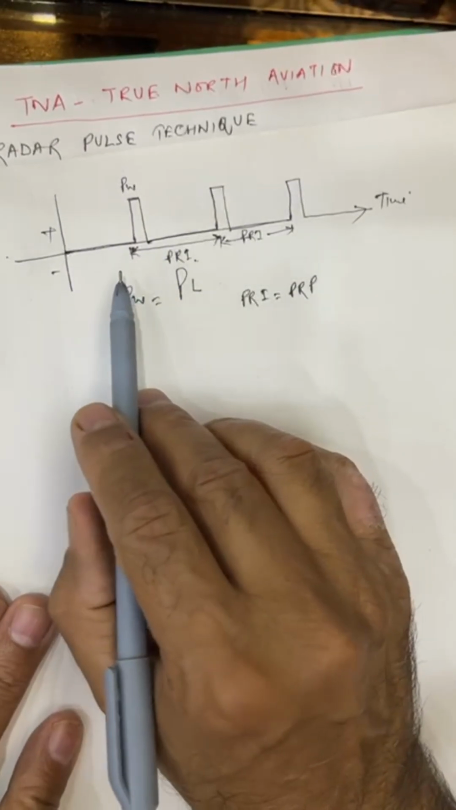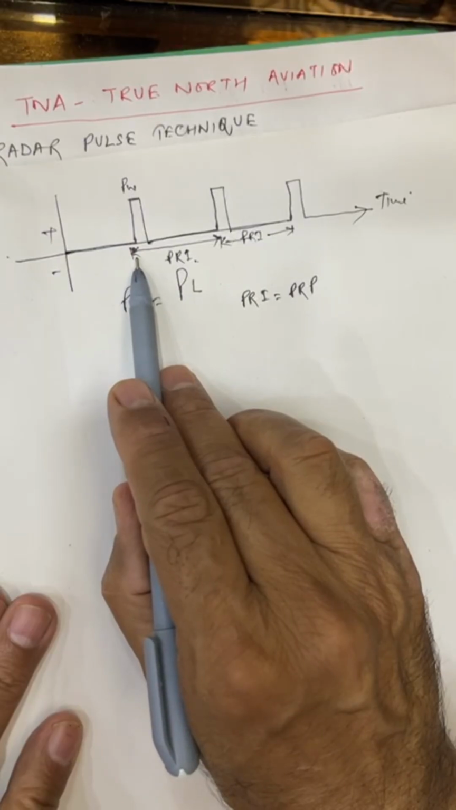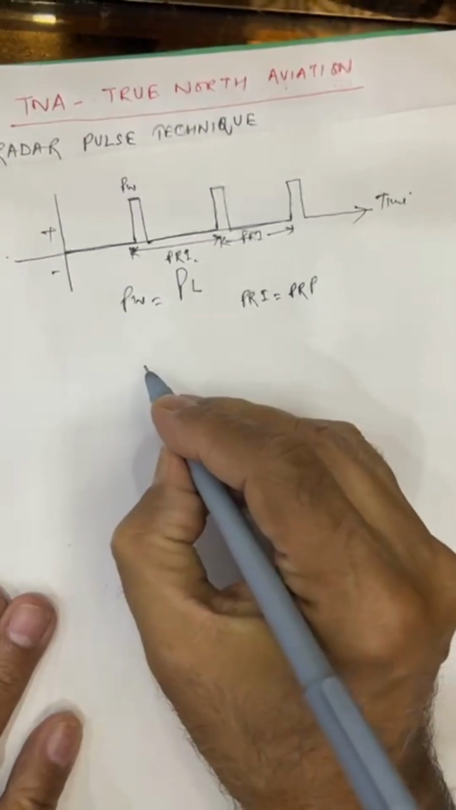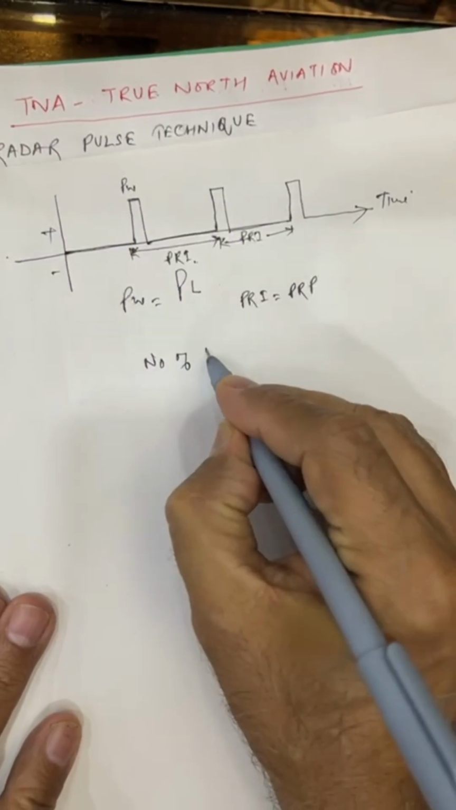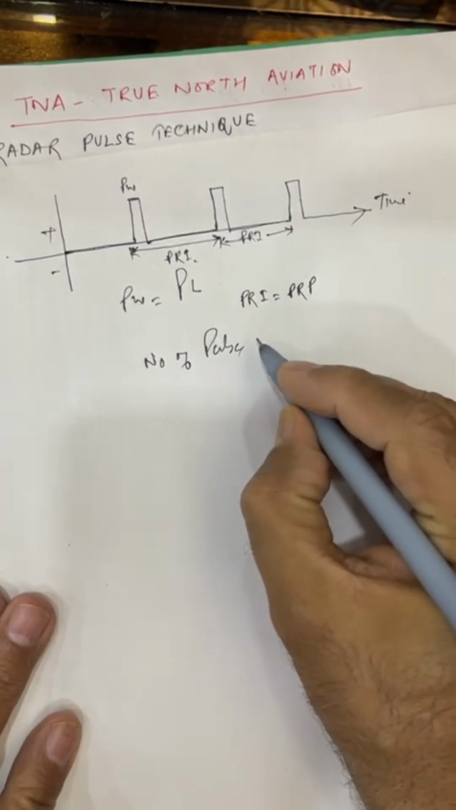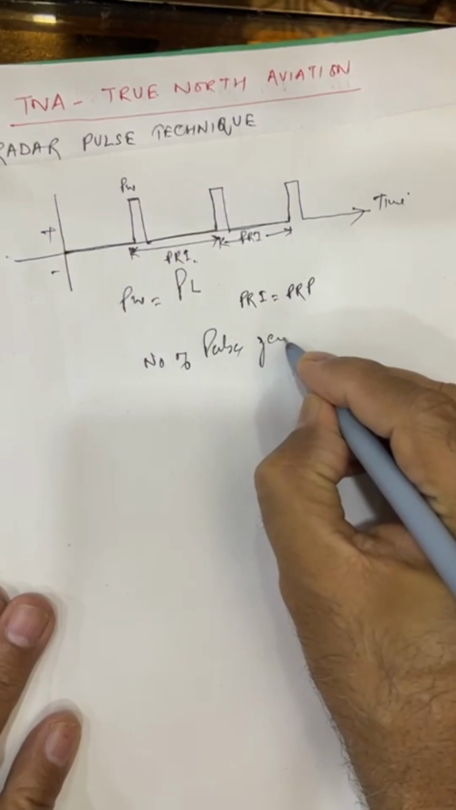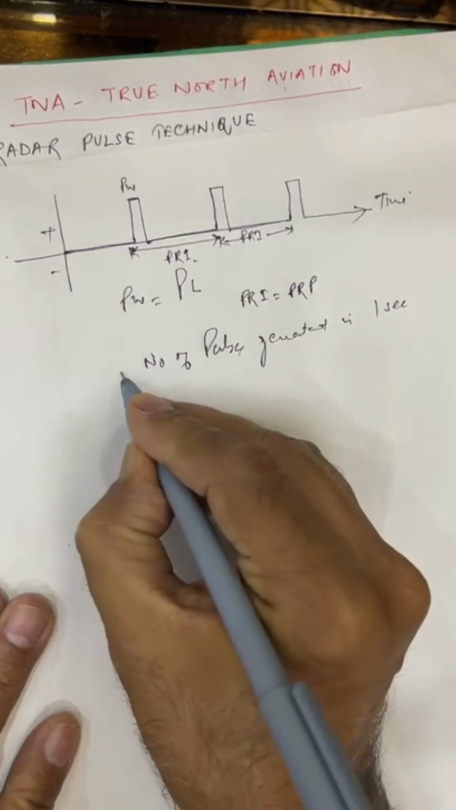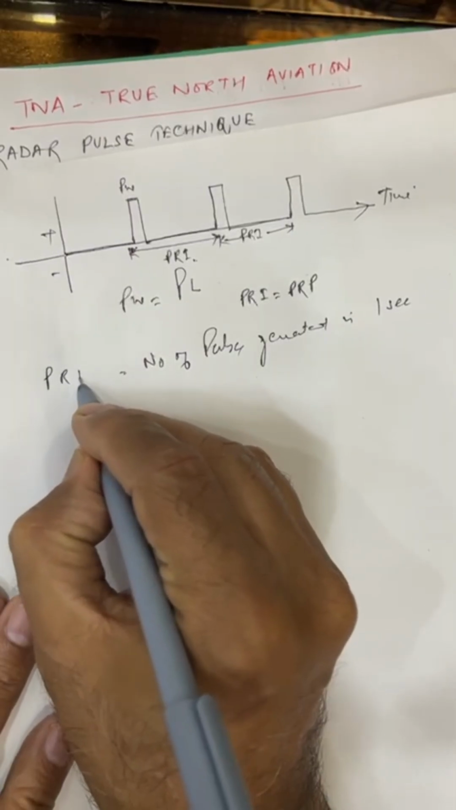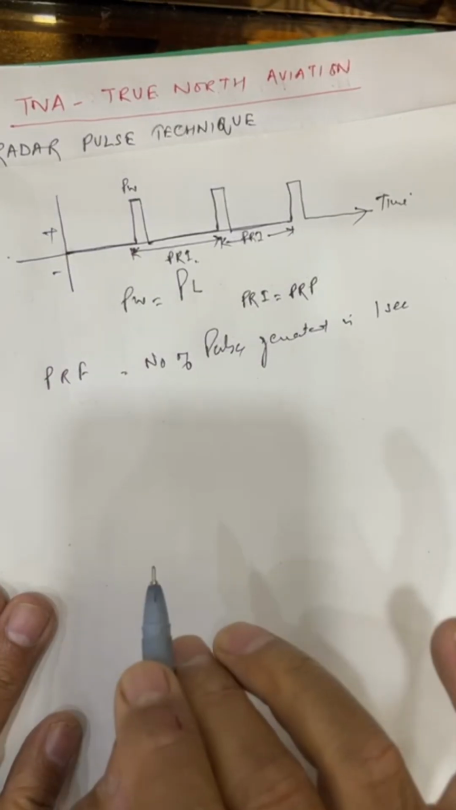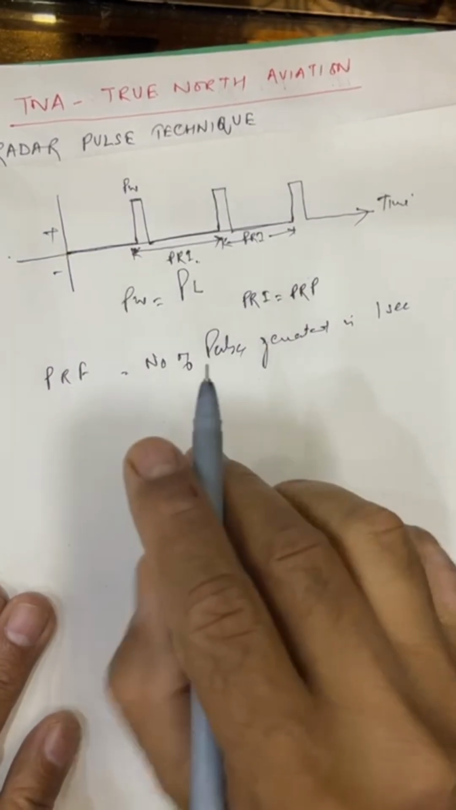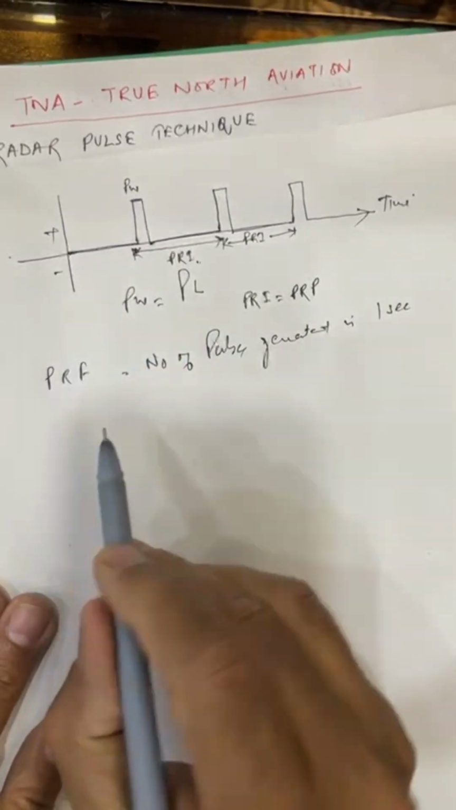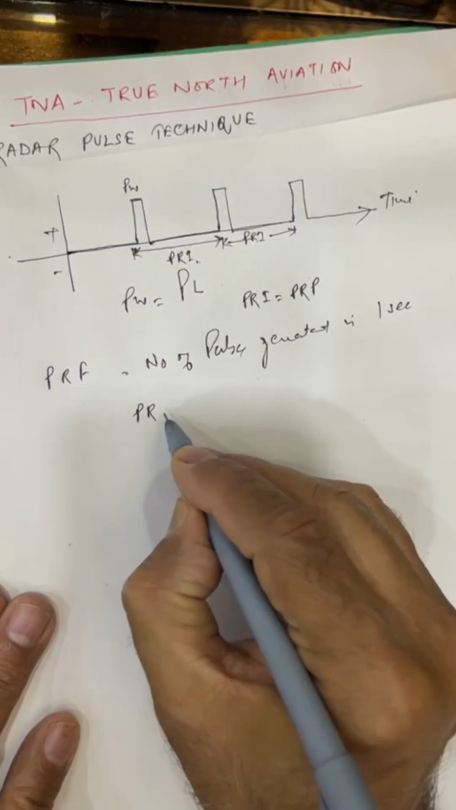So let's take the example: how many pulses are generated in 1 second. Number of pulses generated in 1 second. What is that? This is called PRF, pulse reoccurrence frequency. And PRF will equal to,